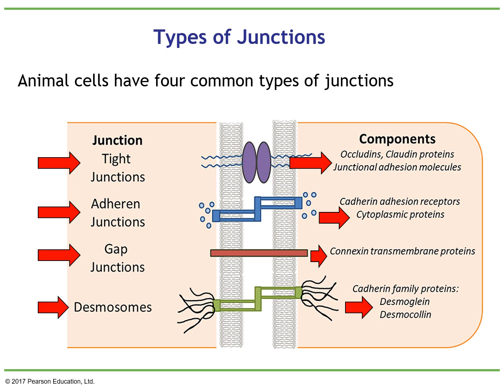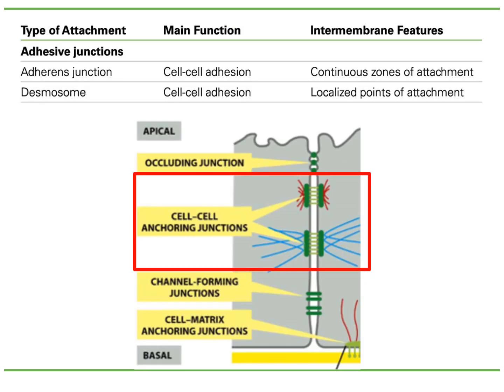And this one will have very weird names that start with desmo-something, desmoplakin and things like that, you will see. Okay, so let's talk about these 4 junctions. Your book summarizes everything in a beautiful way. So for example, the adherent junctions and the desmosomes, the main function is adhesion. And as I said, the adherent junctions will be like a belt, so we'll have a continuous zone, while the desmosomes will be only